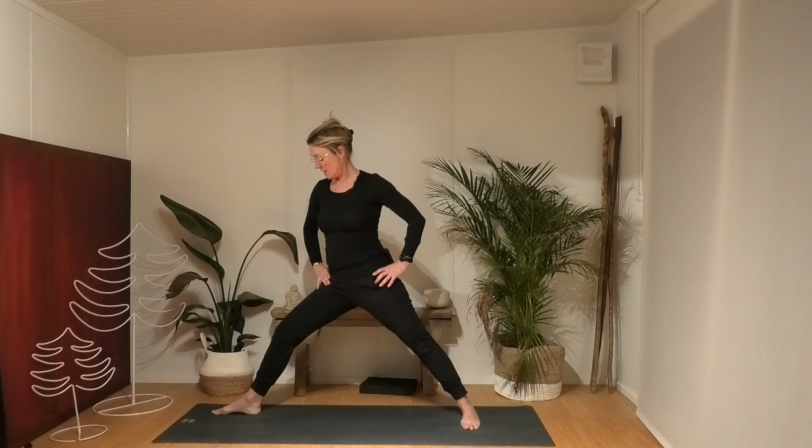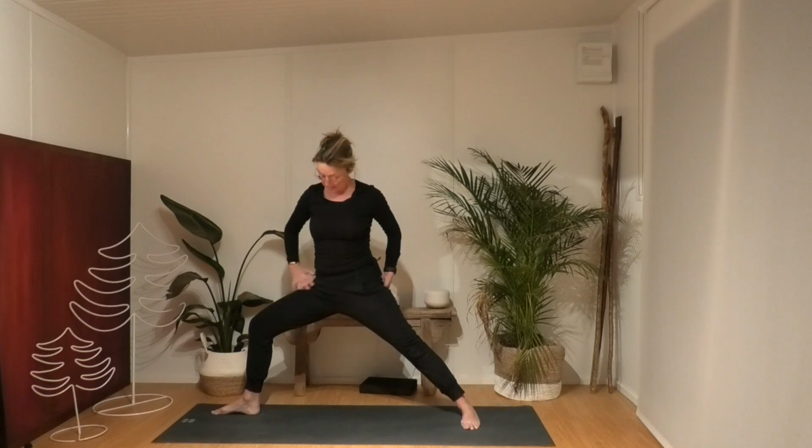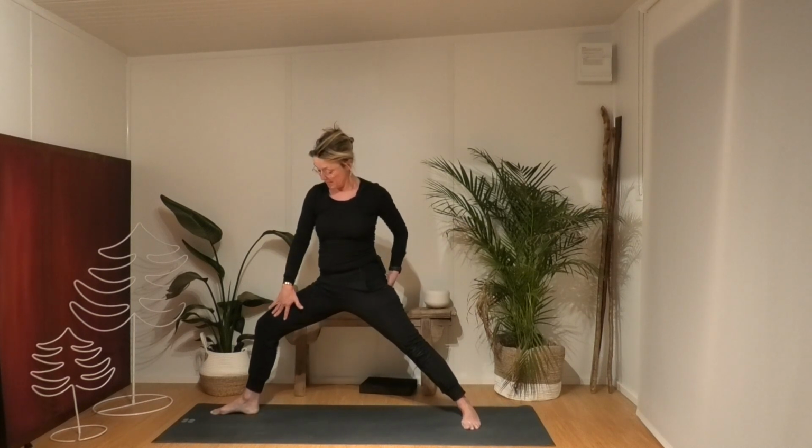All right, so we're going to turn the right foot down the mat and bend the right knee. So you want the left leg straight, the left bottom's working. This knee is trying to open wide so the knee doesn't pull in. So open the knee wide,